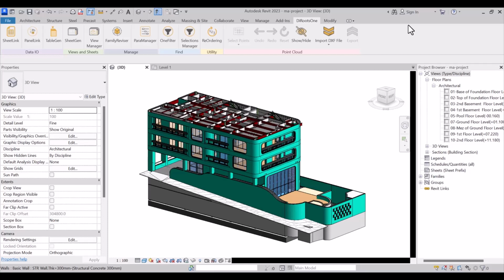For example, walls, columns, windows, or two-dimension objects like texts. All of these families are in a process that the Revit category is their first point,